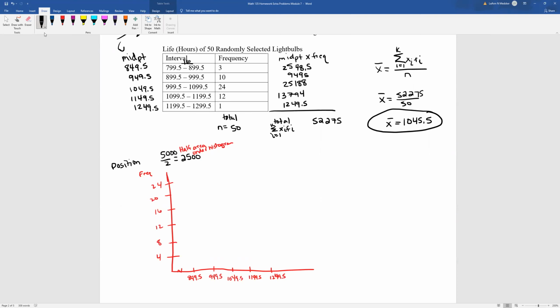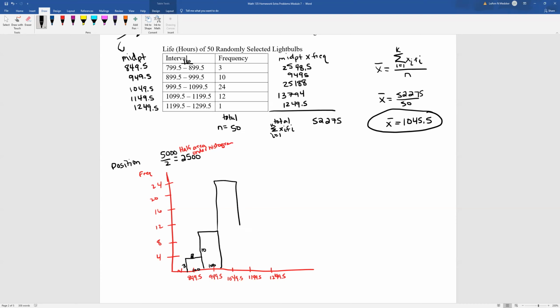So when I draw this as a 3, what we're saying is that this rectangle is a 3 by 100. Okay, so we're going to use that when we write our formula. And then this one would be up to 10, which is about right here. Notice I'm going around this because this is a midpoint. This is the start and end of the interval as 899.5 and 999.5. So those are still those values. We're just looking at the midpoint. So this guy is a 10 by 100,